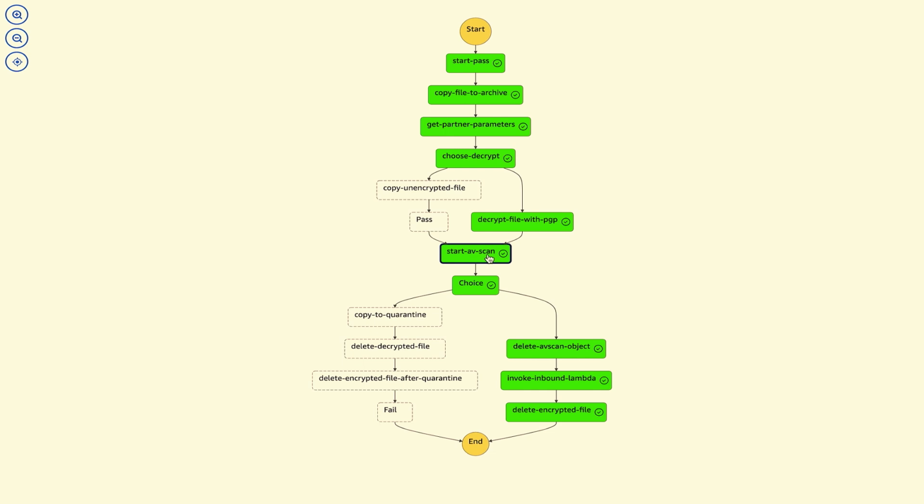We send the file to an external bucket where Amazon GuardDuty is enabled. And we wait for GuardDuty to complete the scan of the file. When we get the result of the scan back, we resume the state machine. And if the file is infected, it's got malware, we quarantine the file, and we don't make it available to the downstream application. If the file is clean,